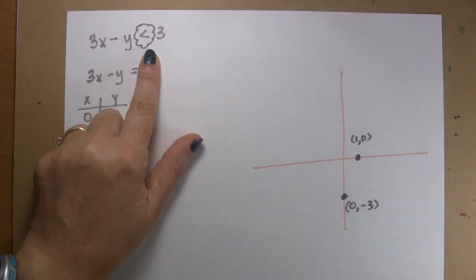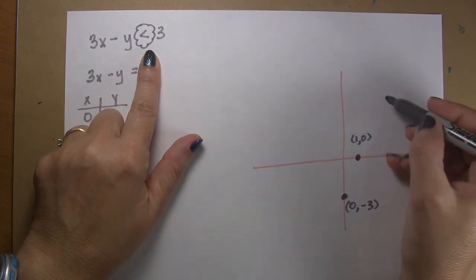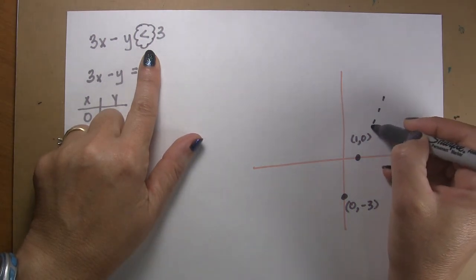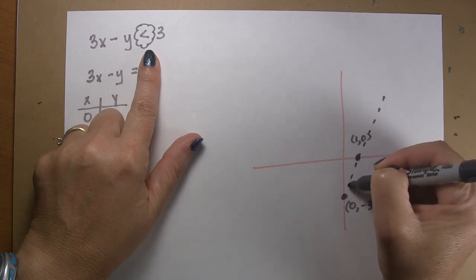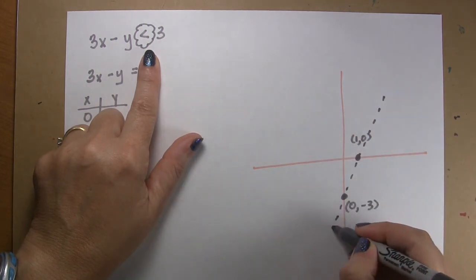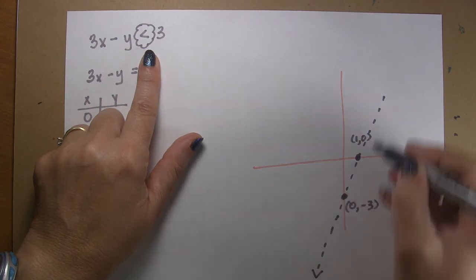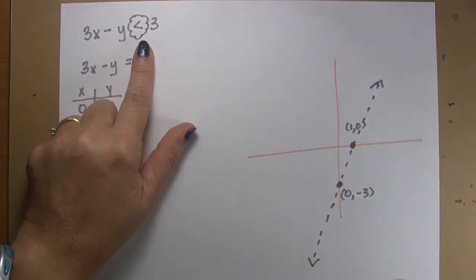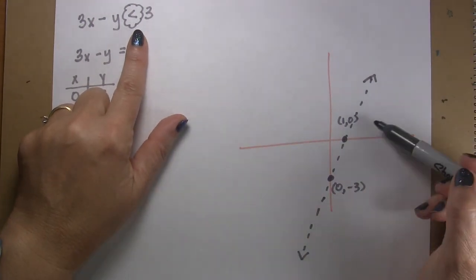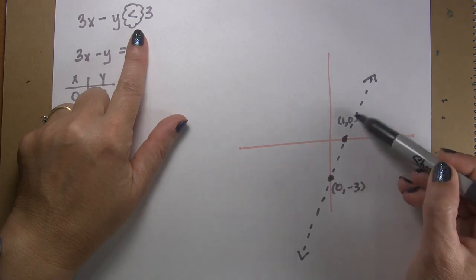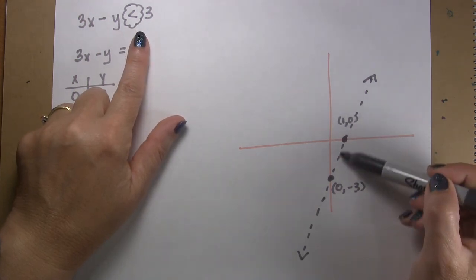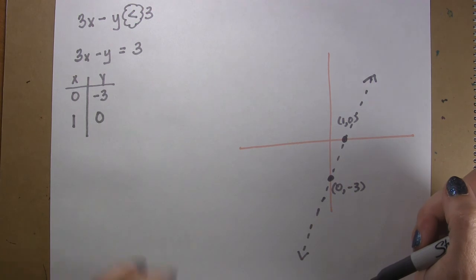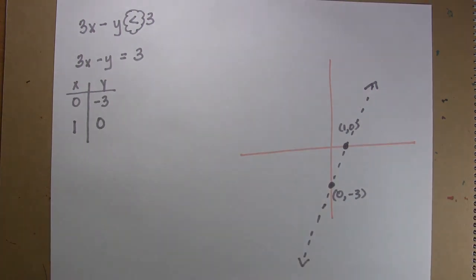Do you see how it's a less than sign, but not an equal sign? That means that we're going to include everything up to this line, but not exactly this line. So I will draw my line dotted. That means that we're going to go right up to it, infinitely close to it, but we're not actually going to include the line. Okay, so now we pick a point, and I'm going to pick 0,